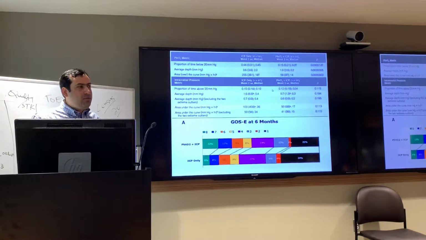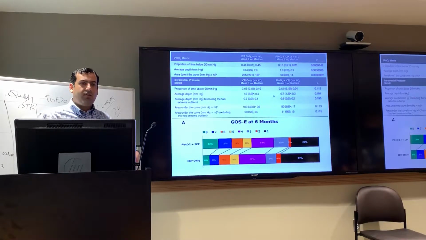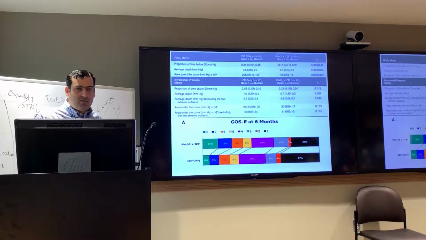Also, when they had the PbO2 number, they were able to change it. So now we know we are measuring a surrogate. We know that we are measuring it accurately and reliably, and we know that we can change it. What we don't know is if it changes the outcome. It was a phase 2 study, so it was designed with a low number of patients for safety. It shows a tendency towards improvement. As you go up, you see that people are doing better. Okay, but this study was not definitive, and they are designing